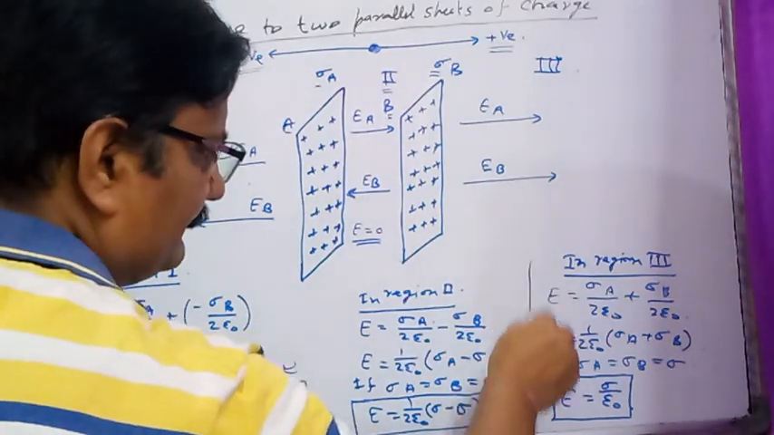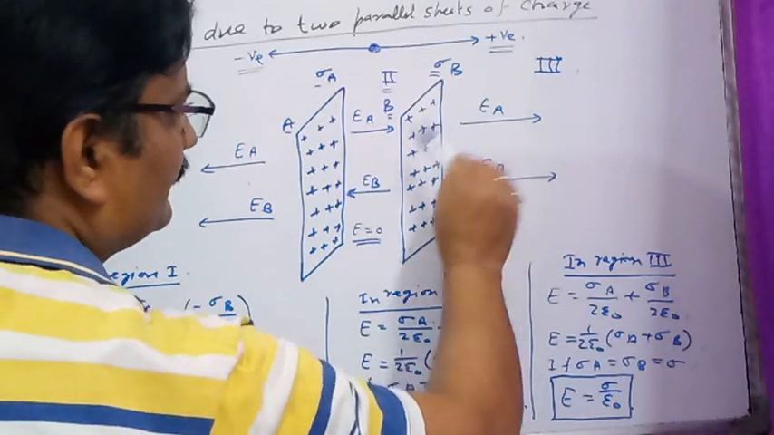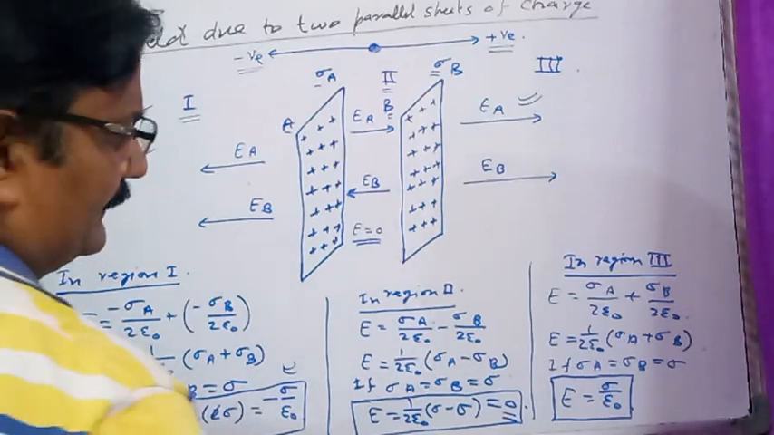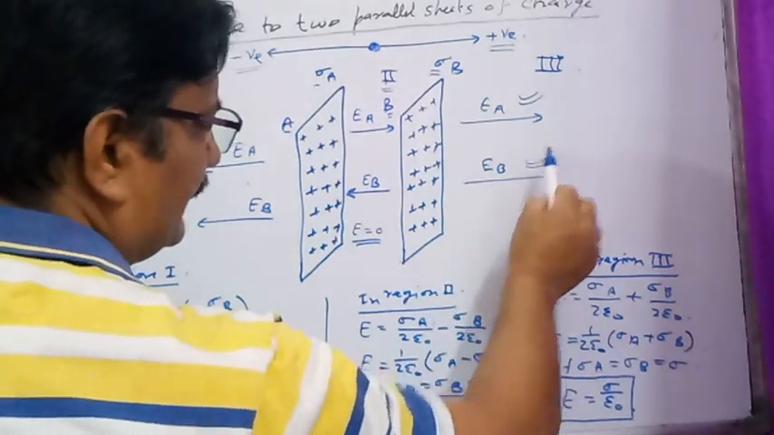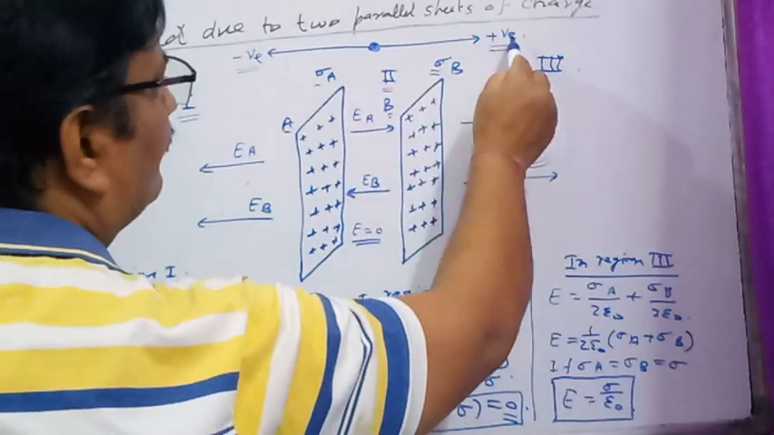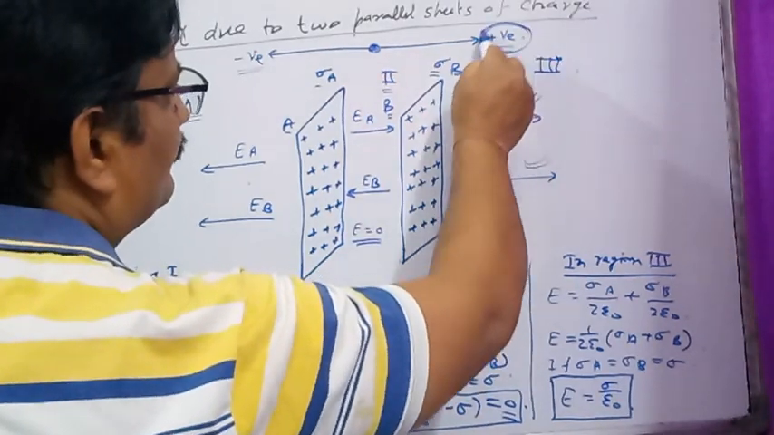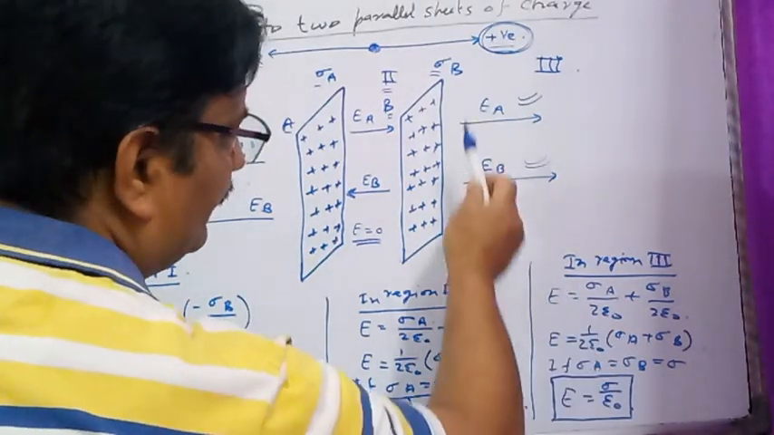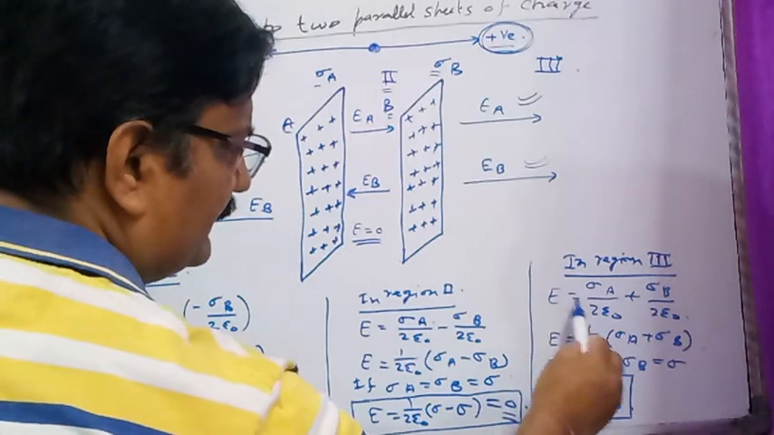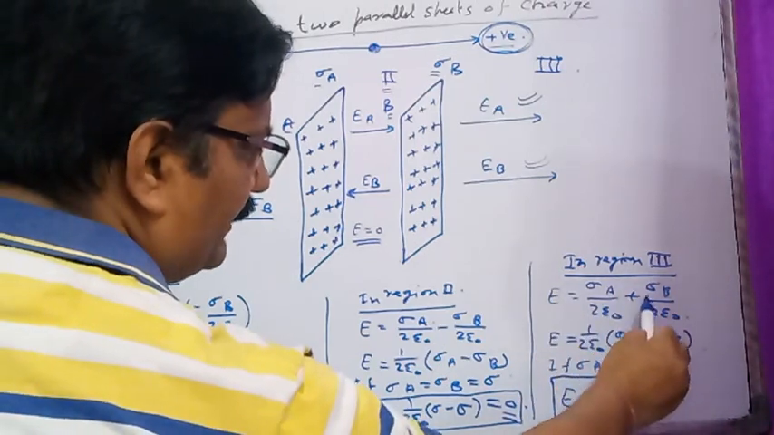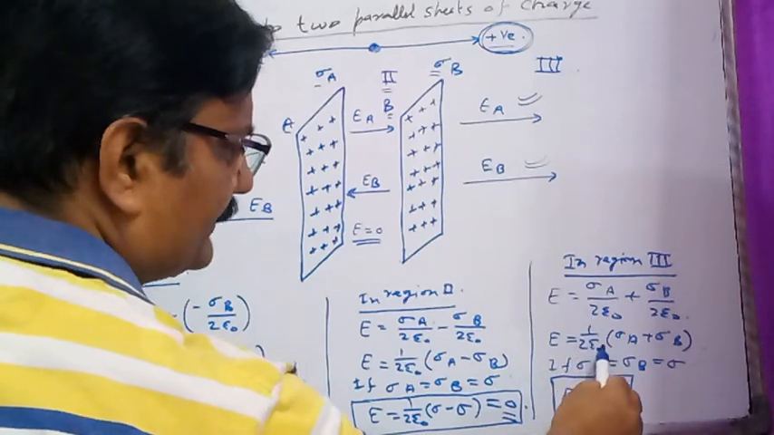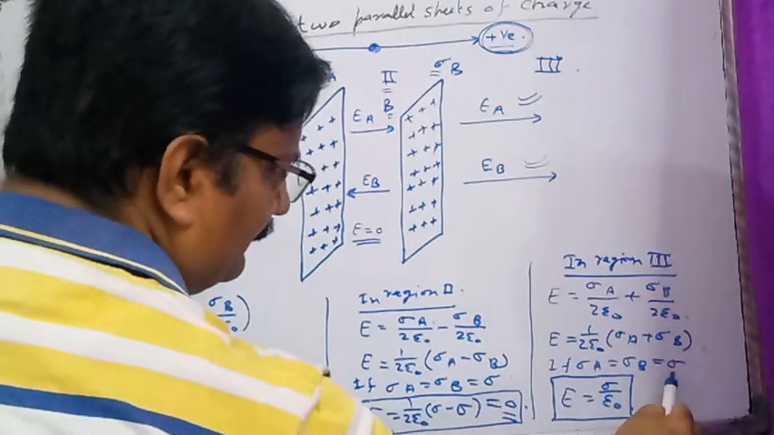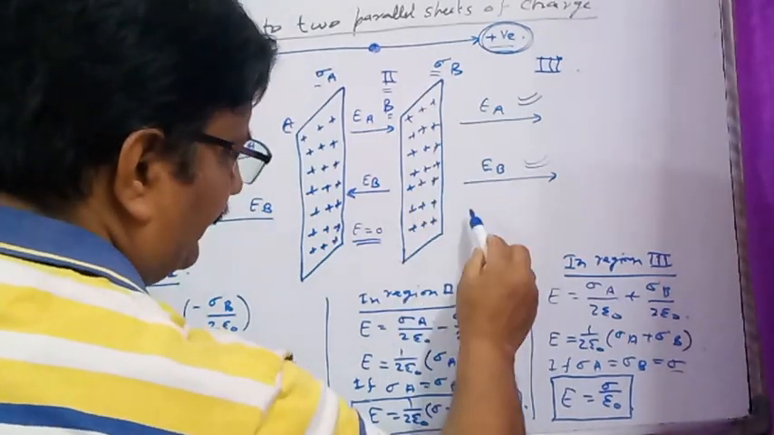Now in region 3, electric field EA is towards rightward, its direction. EB again towards right. So both the electric fields are assumed to be positive as acting towards positive x-axis. So total electric field in this region 3 can be written as E is equal to sigma A by 2 epsilon naught plus sigma B by 2 epsilon naught, 1 by 2 epsilon naught common, sigma A plus sigma B. If both the sheets are having same charge density, that is sigma, in that condition total electric field in region 3